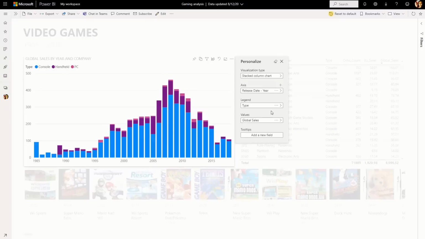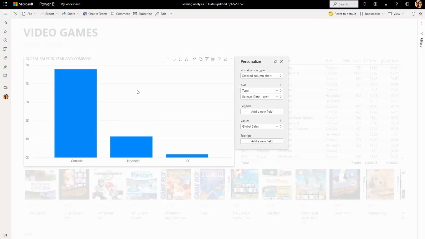Back in May, we released a public preview of personalized visuals, which allowed end users to customize and tweak visuals to meet their needs. Now this month, we're excited to announce that the feature is now generally available. With this release, we've added several usability improvements and extended support for common embed scenarios. For end users, we now support drag and drop functionality. For example, this can be used to drag a field from one input to another. So here we've moved type from the legend to the axis of the visual.